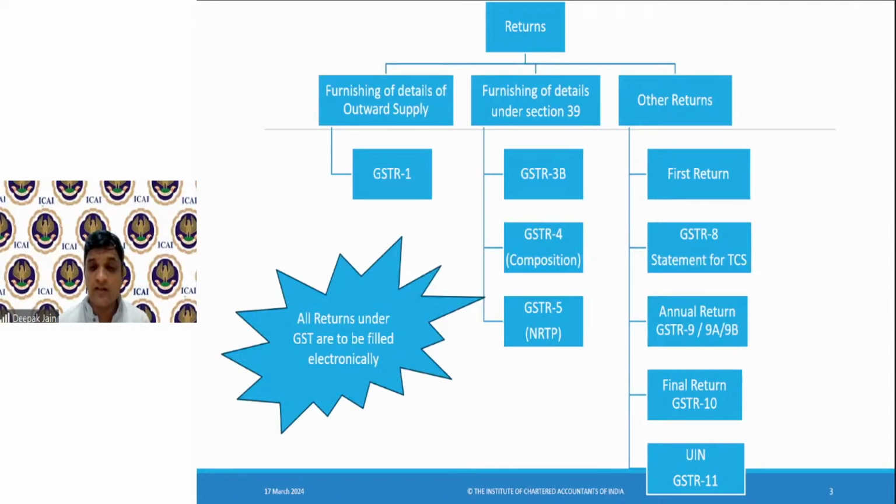Only electronic return is accepted, but manually it is not accepted, right? The company will pay tax on reverse charge after furnishing 3B along with 3B issuer. So in the 3B format, we'll see that there itself they have a column to mention the taxes on which output tax is paid and the taxes on which reverse charge is payable. Correct. So everybody has given correct answers that even if a person is in any rural area, you still have to file it electronically. No option of filing manually at all.